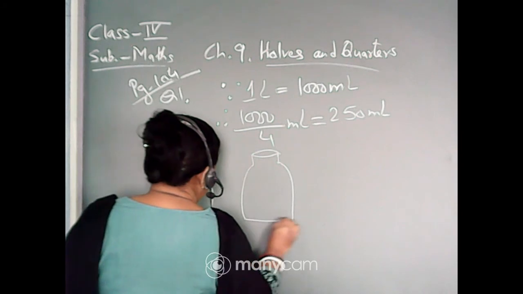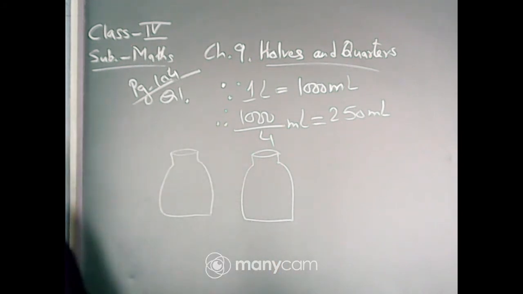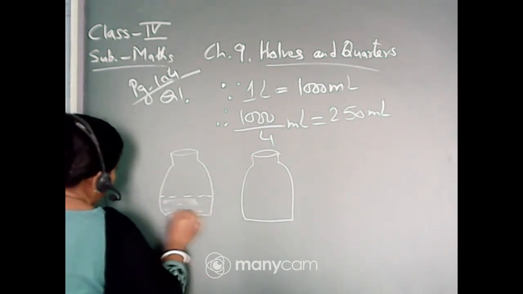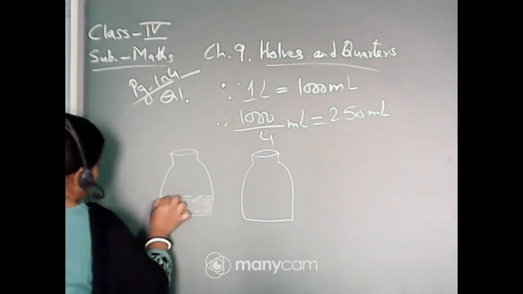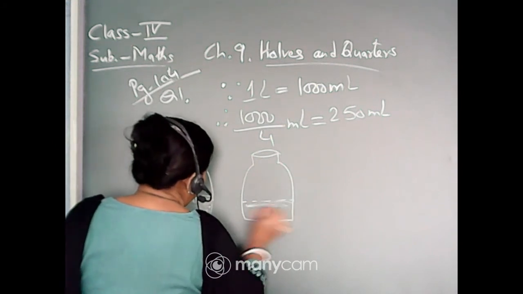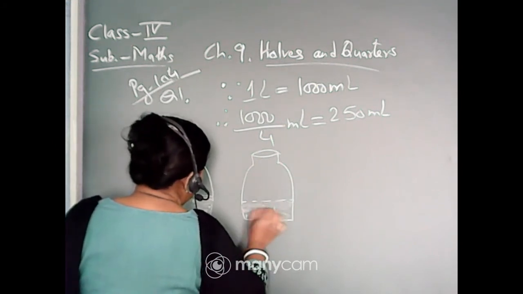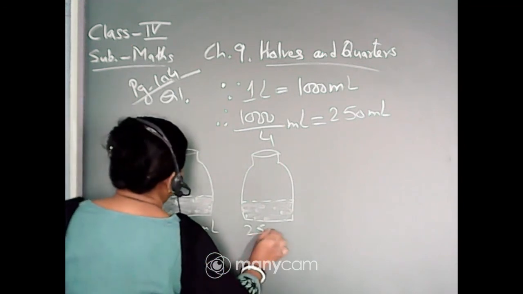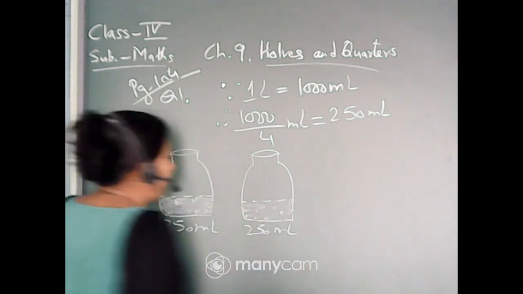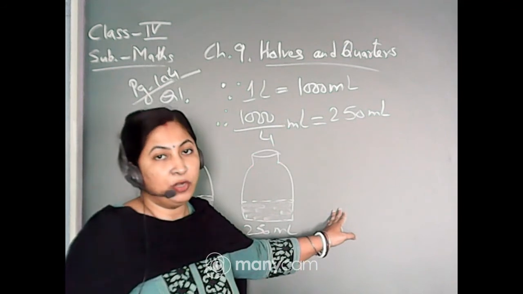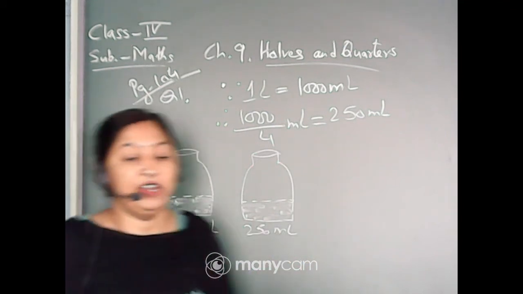See, my 2 bottles are of different measurements, but you do it in your book. Okay, 250 means somewhat like this, less than half. It is a 1/4 bottle. You have to shade the 1/4 bottle with the help of a pencil, and it is 250 ml, and the other two also 250 ml. I'm not drawing the other two. You will shade it in the book because it is already drawn in the book. So it is 250, 250, 250 ml.